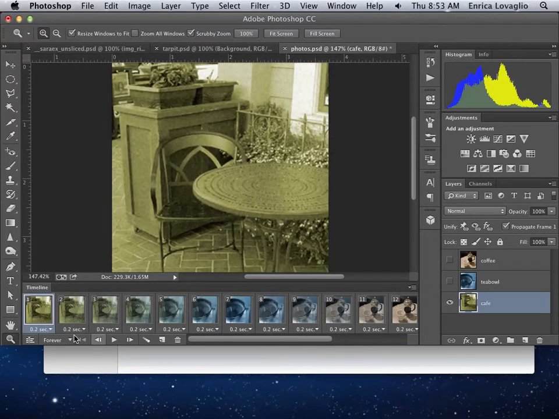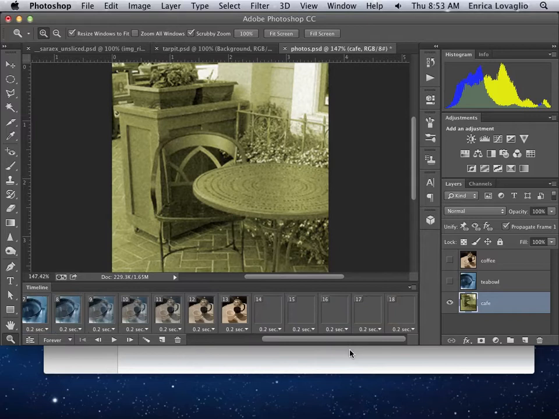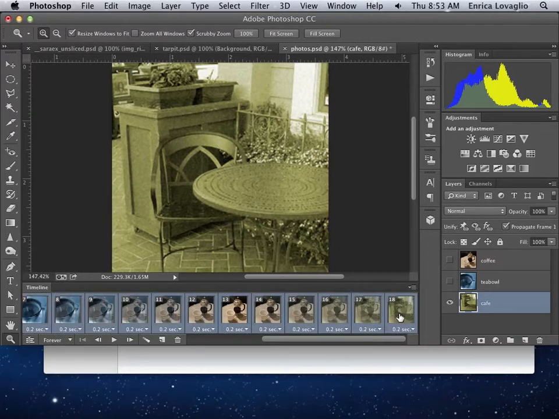So it is a pretty straightforward process as long as you set up the frames initially with the right content visible through the layer palette, and then you click this button to create all the in-betweens. I'm going to make it a little bit longer than 0.5. Another thing I forgot to tell you guys is that you can decide you want to play forever, or you